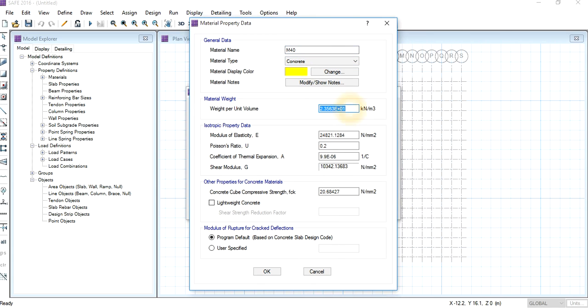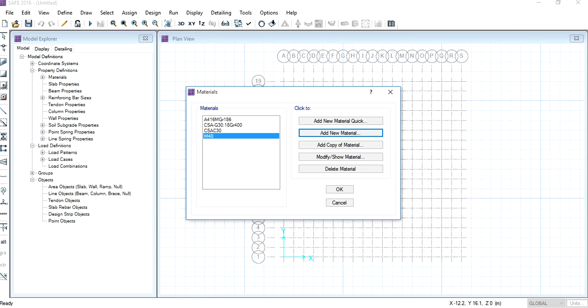Now give the following values as shown. Click on OK. The M40 has been added.